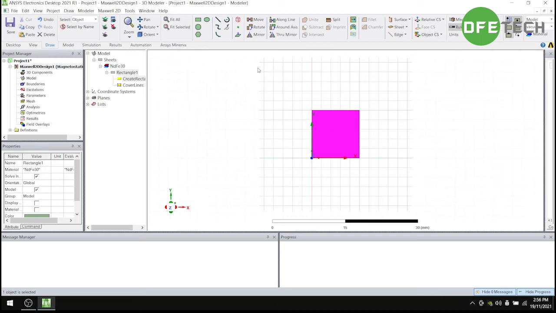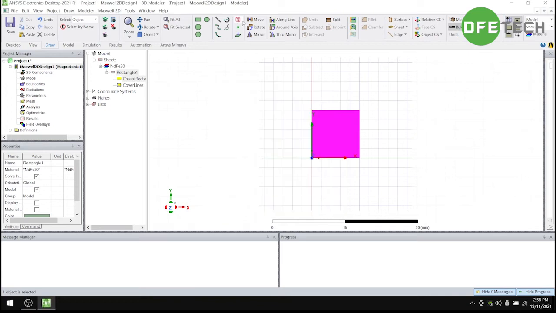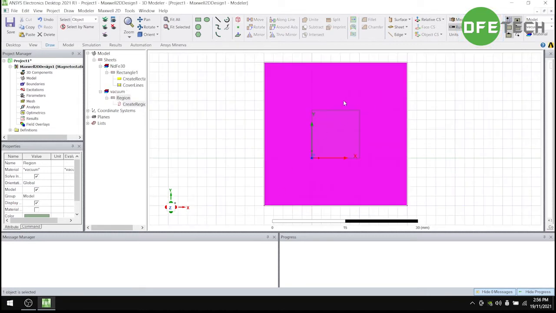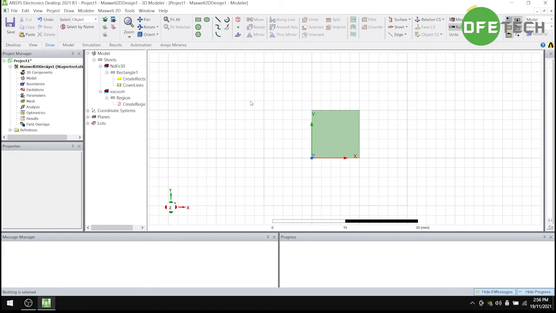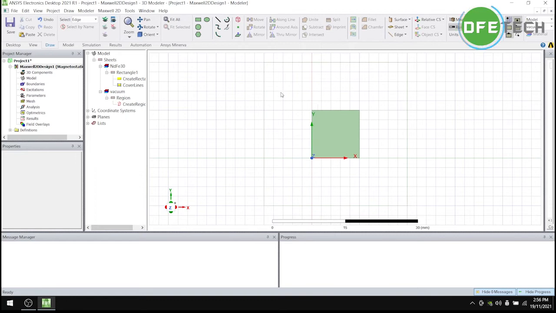Now what we're going to do is create a region, and here is the region. Create region, just click it, and change all the percentage offsets to 100%. Now what we're going to do is right click and select mode, change it to edges, or you can simply change it with E. So you click all the edges,